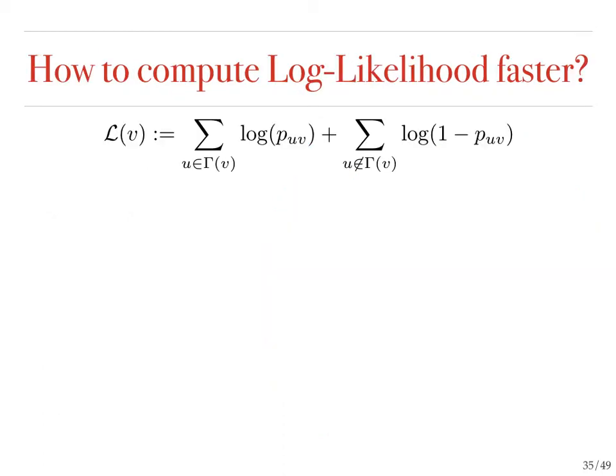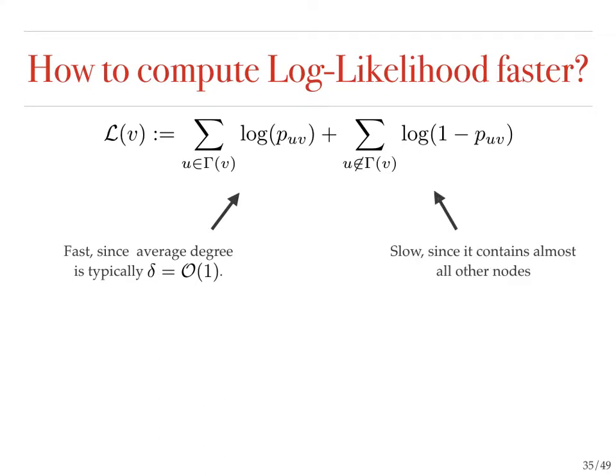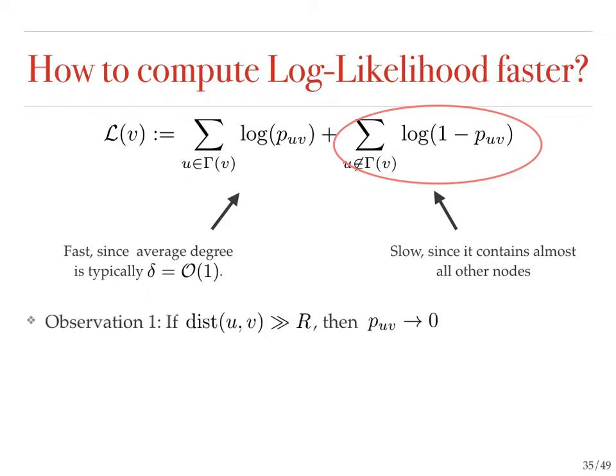Now, how do you compute the log likelihood faster? Again, we made this very simple observation, which is the log likelihood consists of two parts. The first part is actually fine because you sum over all neighbors, and the number of neighbors, meaning the number of edges in such a graph, is typically of the same order as the number of nodes. So this one is actually fine. The problem is the second part where you sum over all non-neighbors, which is almost as large as the entire graph. So we have to improve this part, but again we can make a very simple observation, which is that